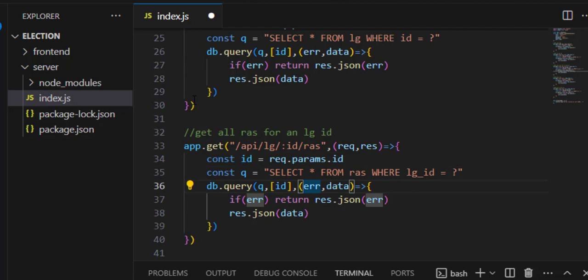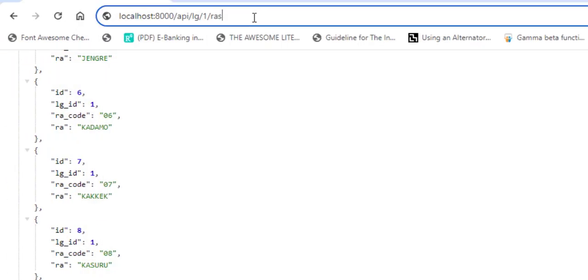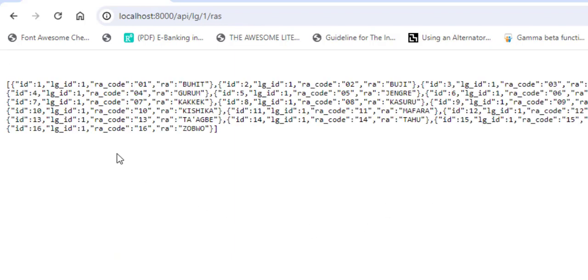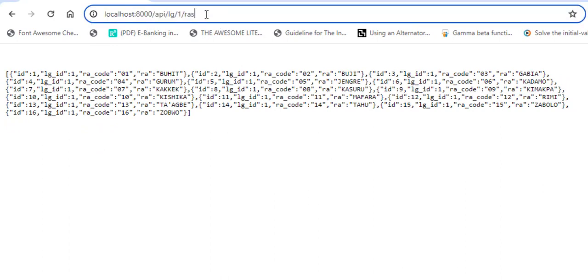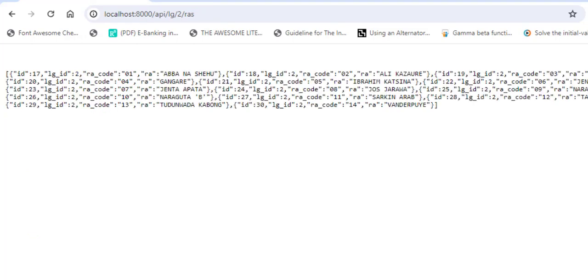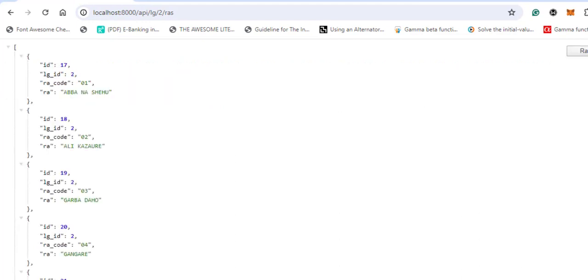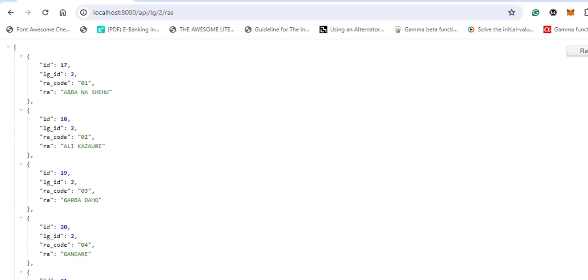All right, now let me go ahead and save that, and then make that request. Let me change to row. So here are all the RAs from this particular local government, and if I do /2/ra, then I will get only the RAs from Jos North, starting from Abana Shehu and stopping at Bondapoi. Let me go past, so you can see we have only the RAs from this particular